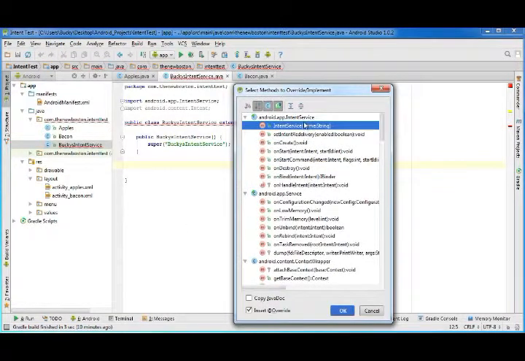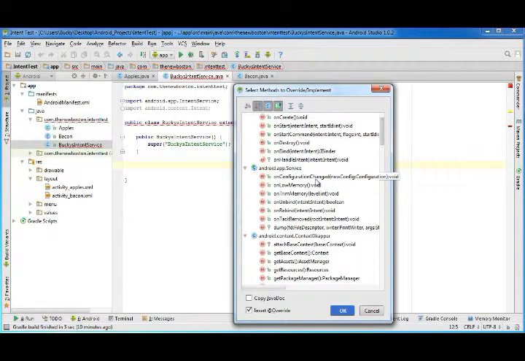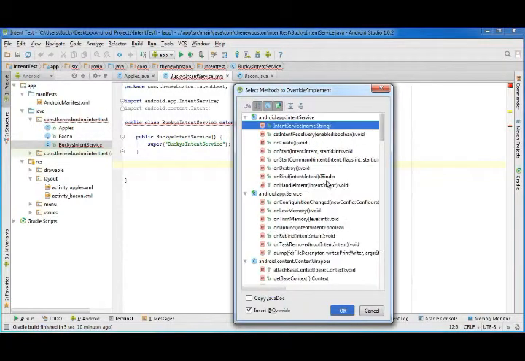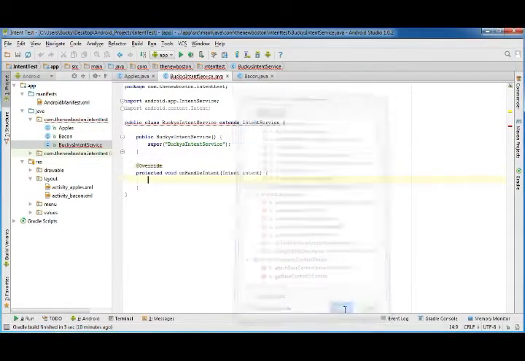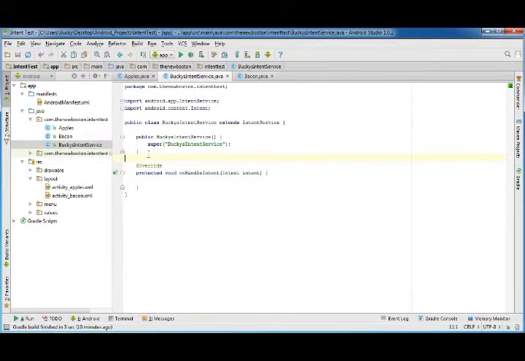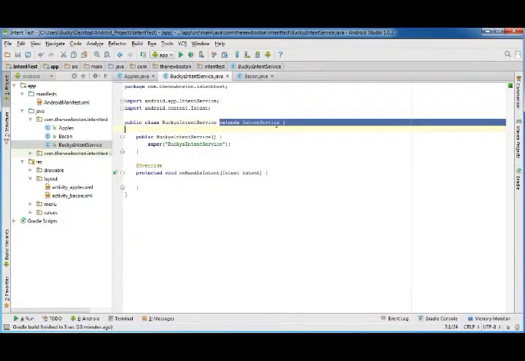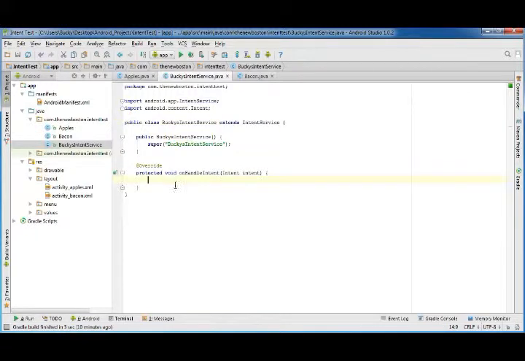Now the only other thing that we need to do is put an override method in, and that is called, if I can find it, onHandleIntent. If you guys see it, let me know. Oh, here it is. onHandleIntent. So again, this is just housekeeping stuff. This is saying that this is indeed an intent service, and in here I'll just write, this is what the service does. So this is pretty much the most important part. So for now, since we don't want this service to actually do anything, what I'm going to do is just